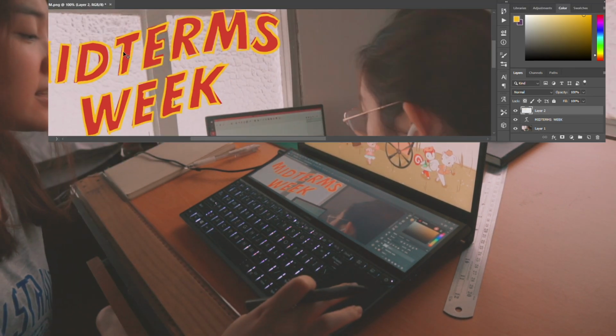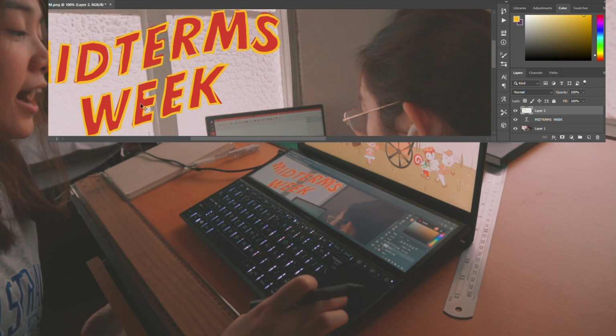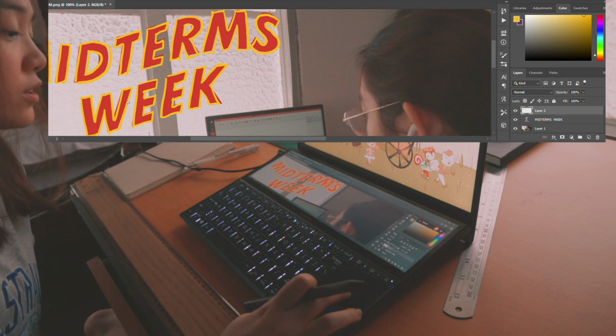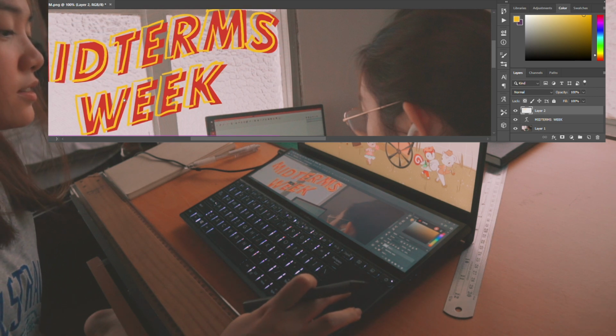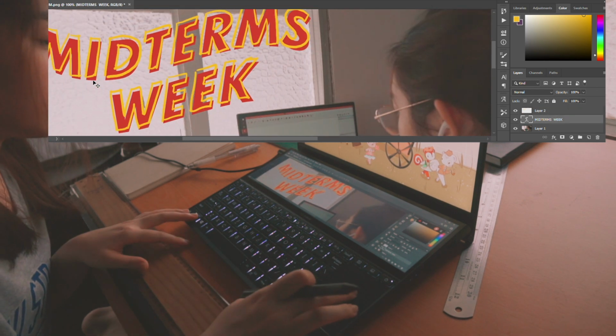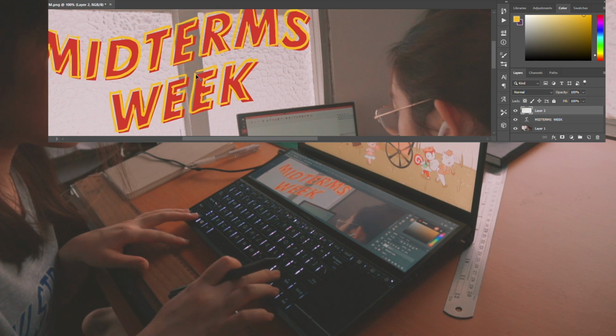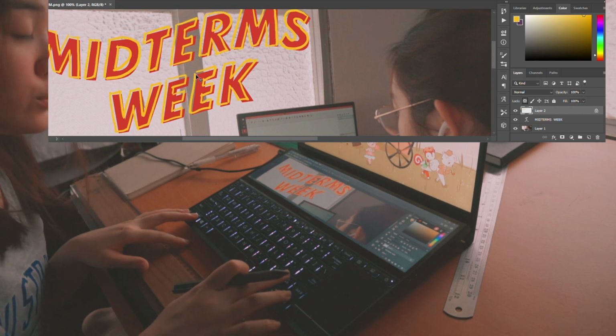So what I do next is that I would select my handwriting thing, and then I would move it. So like that. It gives you depth to it. You can also just adjust it to how you like it.